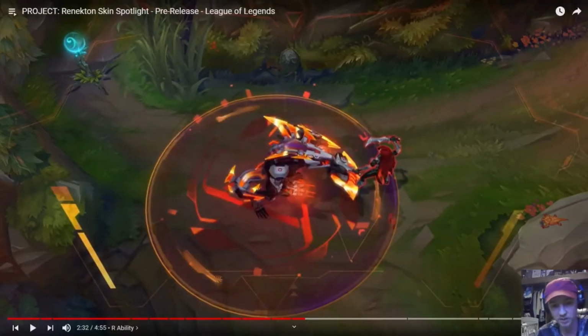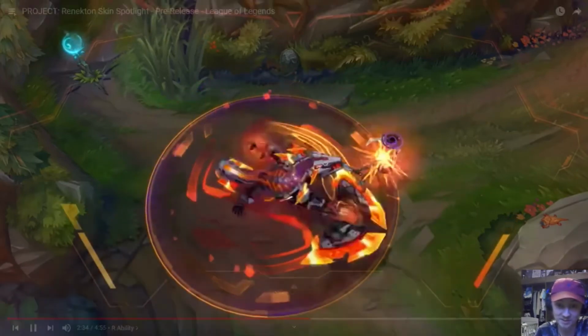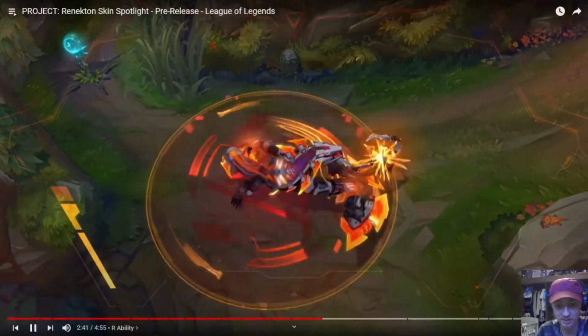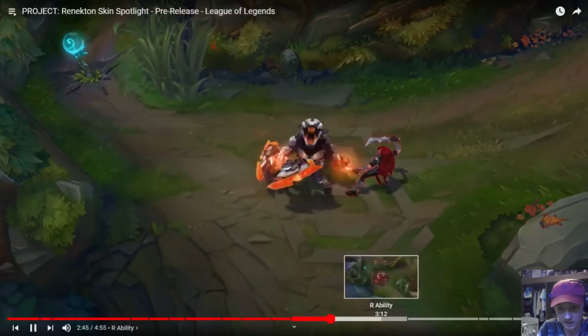Obviously there's the Project effects, but if you look at the colours, it's almost like the Q empowered ability. Those colours are awesome. Yeah, again, those colours are so cool. God, they need to add another chroma with those colours, man. They're so awesome. Right. And then